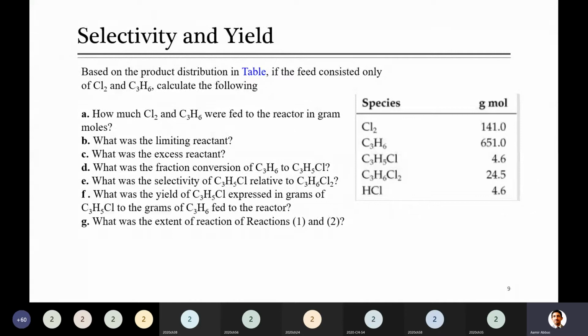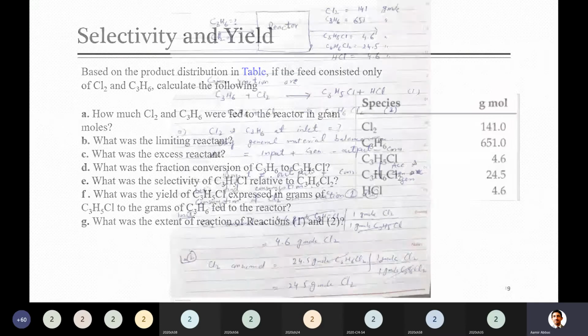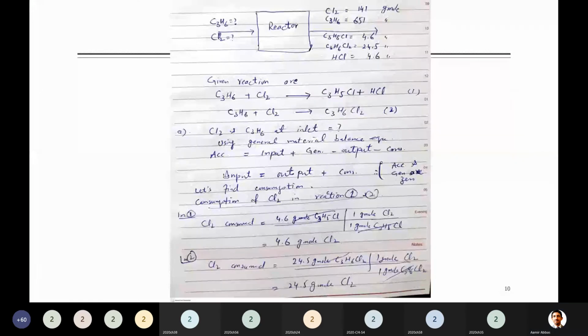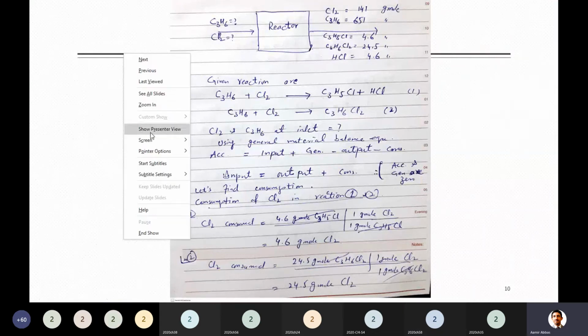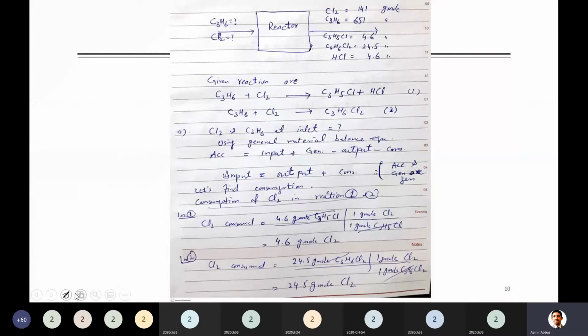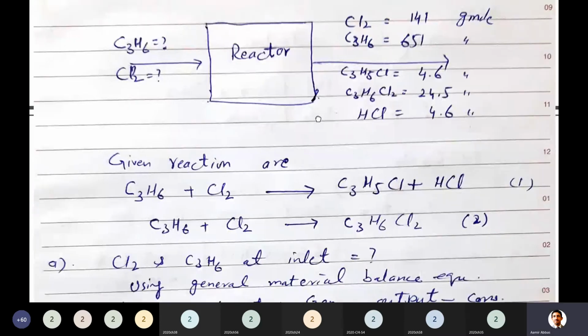If you remember the last two numericals we discussed last lecture, you are supposed to have inlet amounts. Here you don't have inlet amounts; outlet amounts are given at the end of the reactor, but at the inlet you don't have them. So you can't solve until you find the first part, which is part A. Let's find how you can do that. Can you see the next slide? Yes, sir. Here it is better to first draw the diagram. I think it's clear to you.